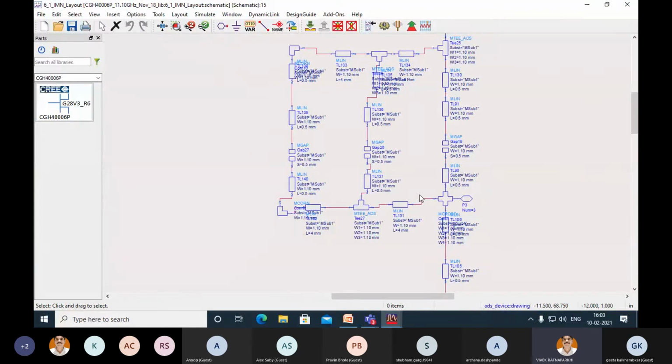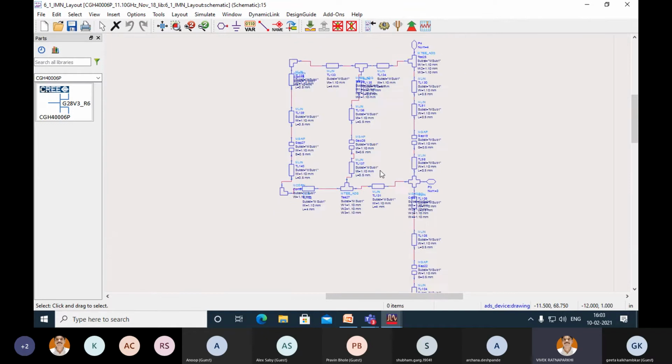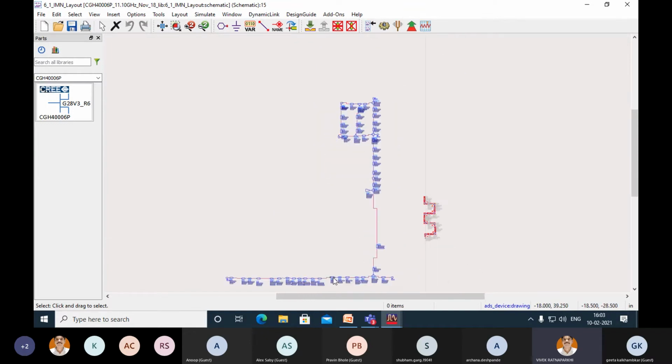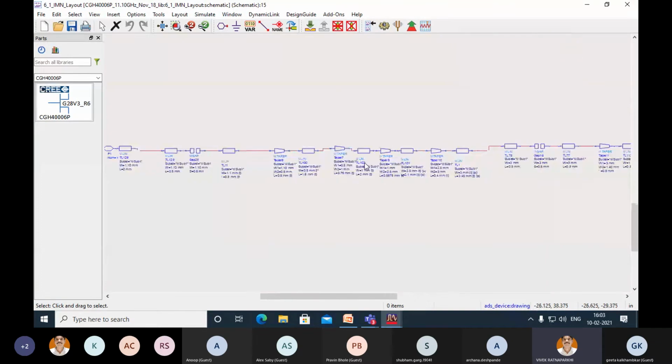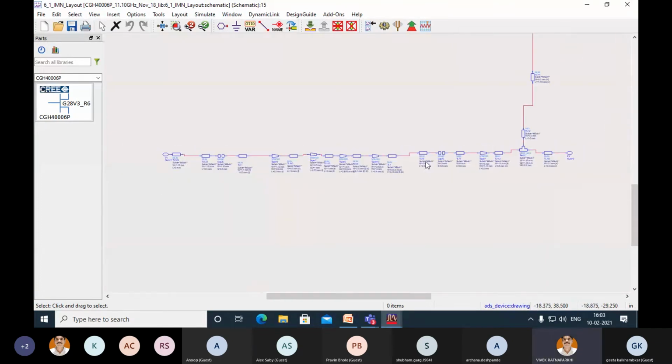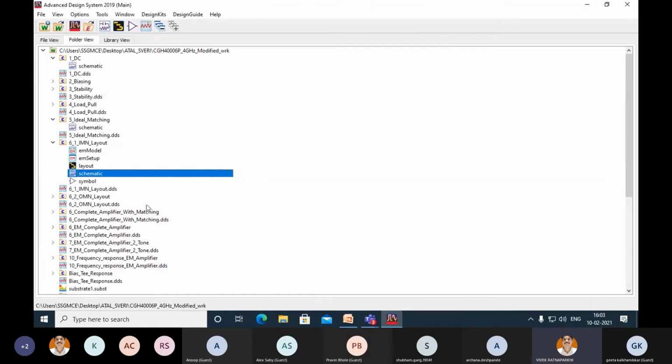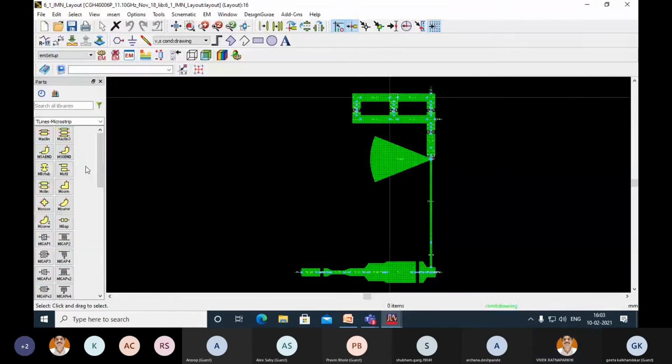As I said, the general practice is not to use a single bypass capacitor. We have to use 3 bypass capacitors: one for RF, one for low frequency, and one more for high frequency. So all these ripples at different frequencies can be taken care of by these 3 bypass capacitors. This is my input matching network, right? And the stability network is also there. So everything I have created in a schematic, and generated its layout, you see.